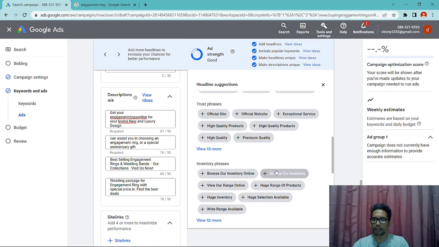Test out creating headlines of different lengths. Don't try to maximize characters, since the machine learning model will test both short and long headlines.